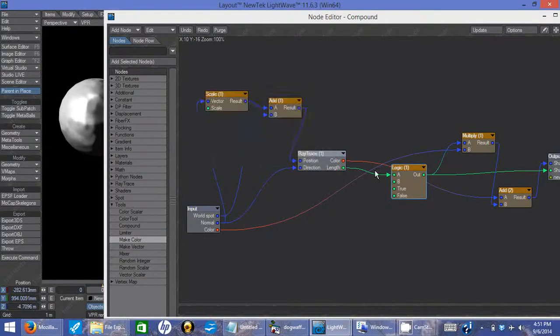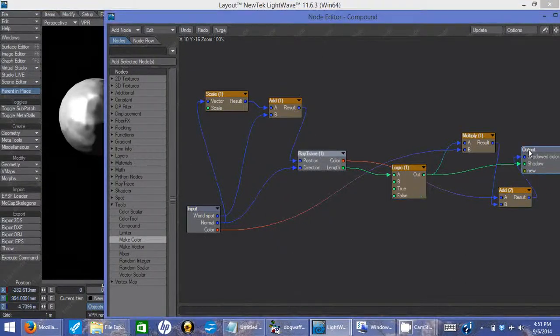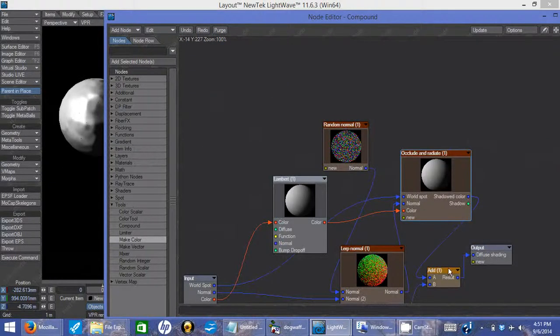And this basically gives us a shadow if the ray was occluded, and we multiply that by a color. We also add in the original color that was found by the ray at the end of the ray that was ray traced, and those are output to